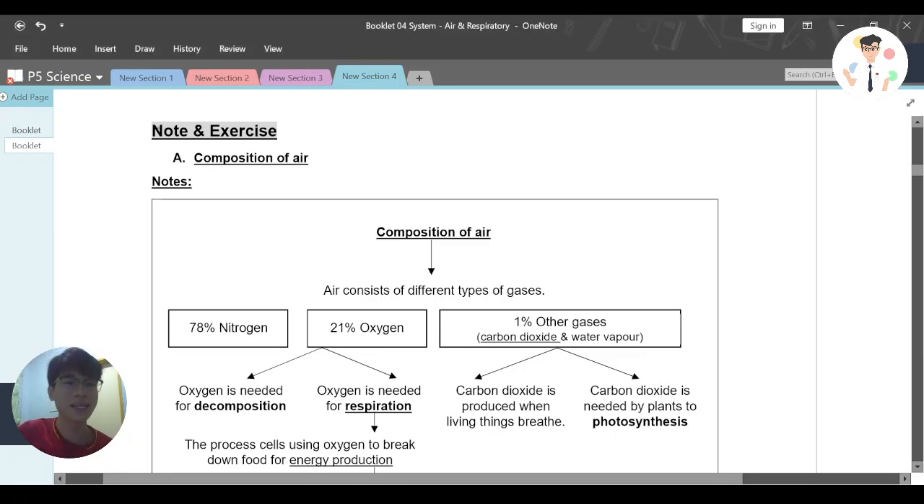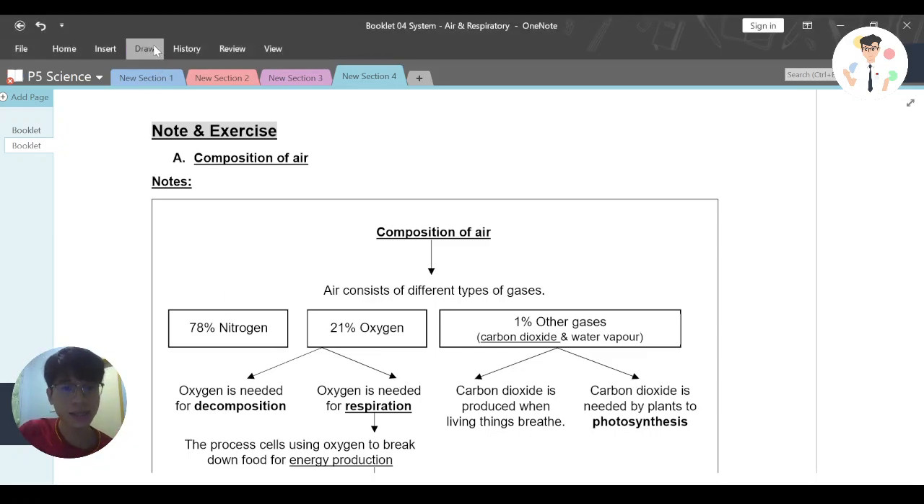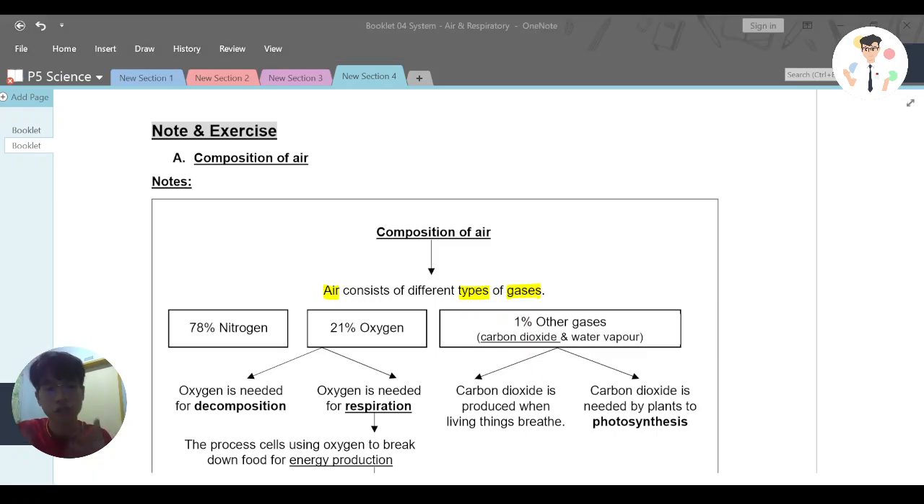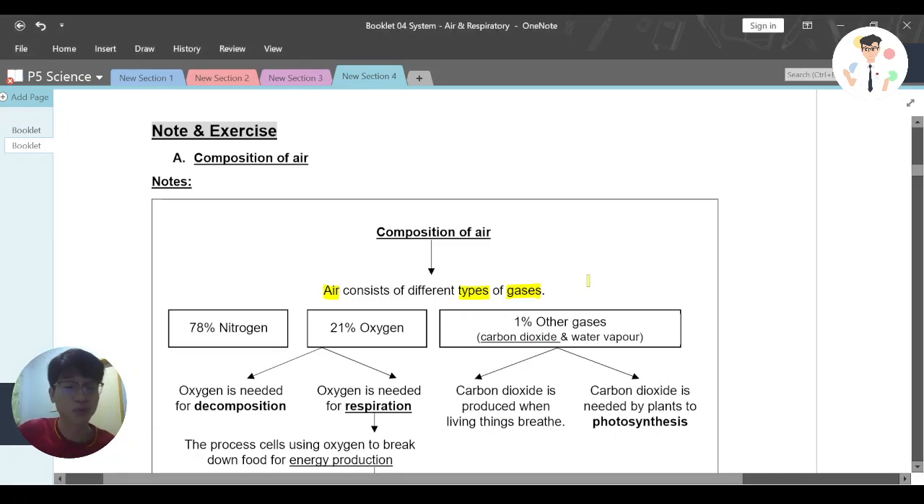Okay, so basically, in simple terms, you should understand that air actually consists of different types of gases. Basically, it means that when we breathe in the air, it does not only have oxygen, but it also includes different types of gases. You might think that most of it is oxygen, but no, actually 78% of it is nitrogen, 21% is oxygen, and 1% consists of other gases, which include carbon